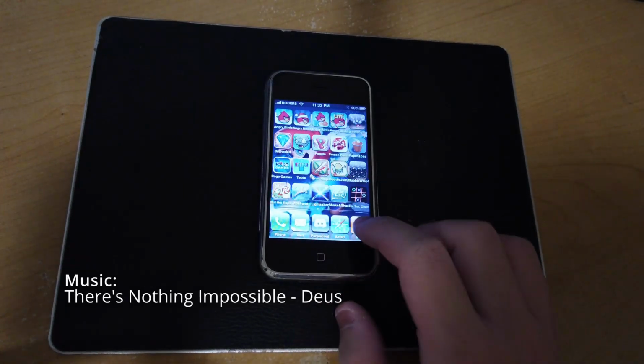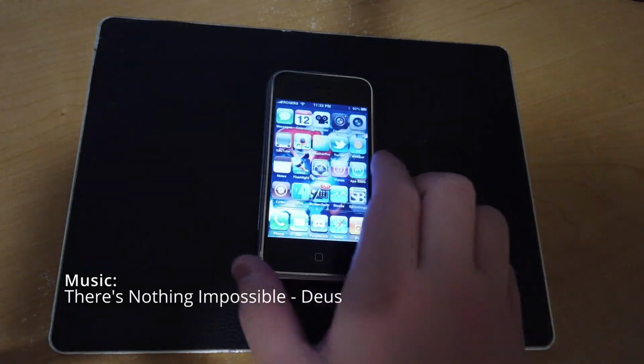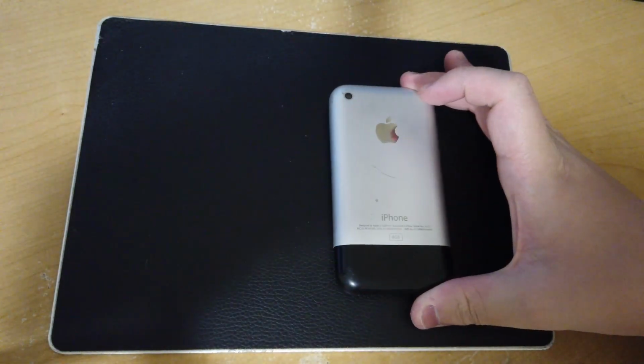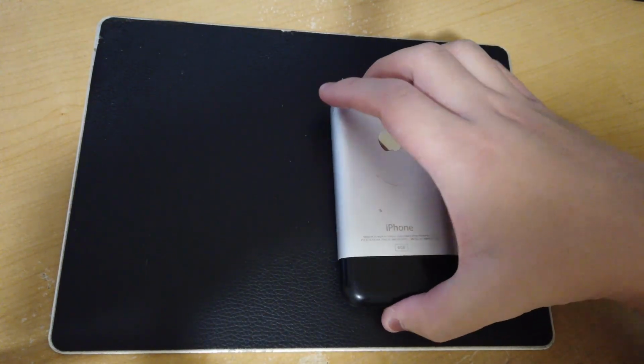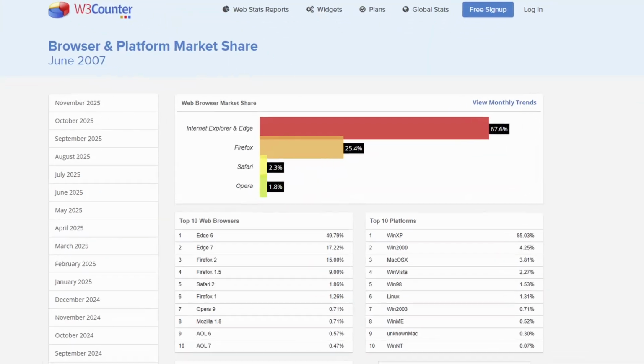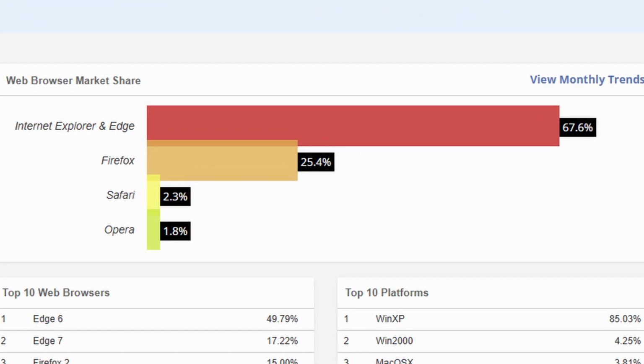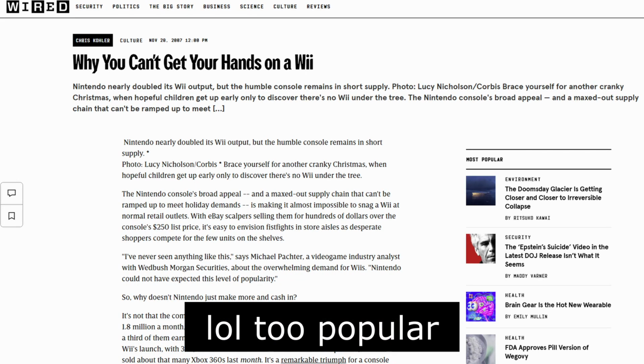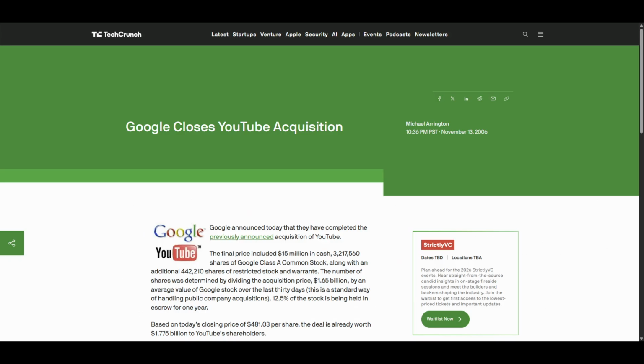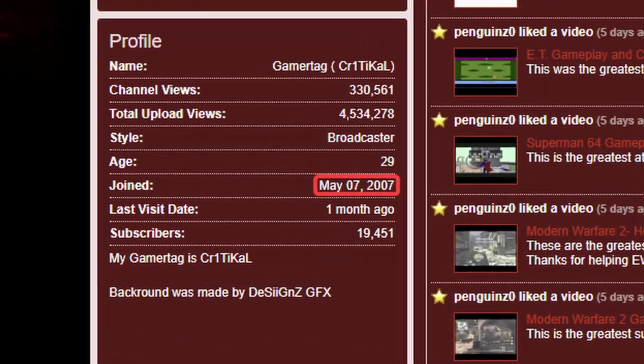This is the first-gen iPhone, released all the way back in June 2007. To put in perspective how long ago that was, Internet Explorer was the most used browser, the Wii was still the most popular console, Google bought YouTube only 7 months ago, and Moist Critical had begun his YouTube career